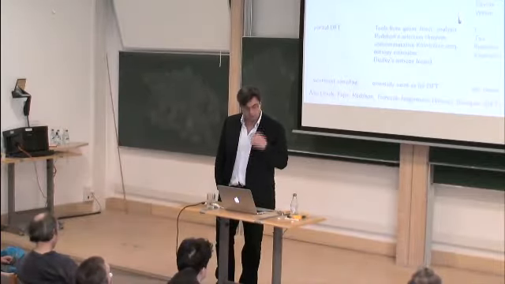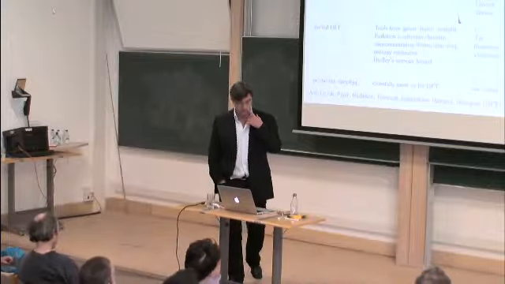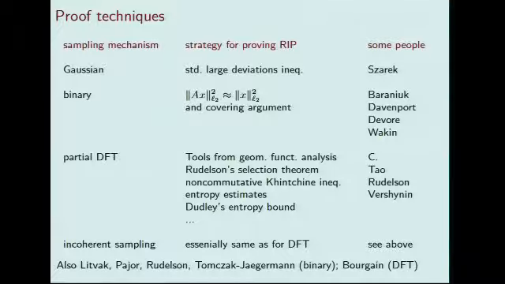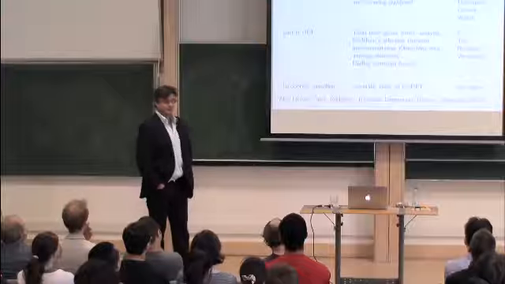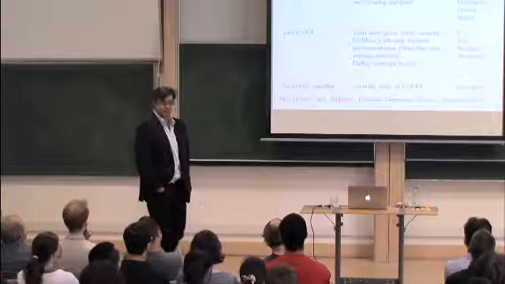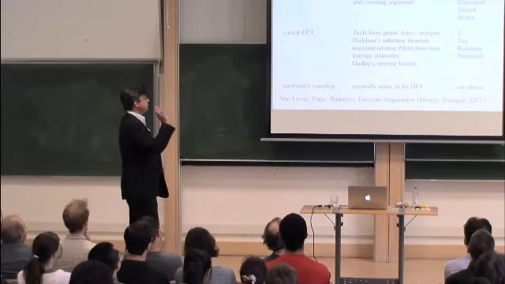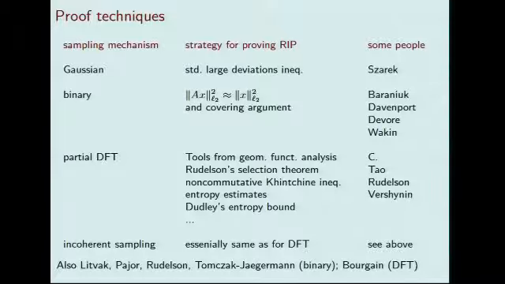Okay, so now what are the proof techniques to prove that various measurement ensembles obey the restricted isometry property? There are things that are easy and there are things that are complicated. For Gaussian, I would say that this follows largely from very standard tools in random matrix theory. I'm going to review some of these tools, and if I had to isolate a person, I would give the name of Jarque, because there's a very crisp thing that he did that makes the argument very elegant.